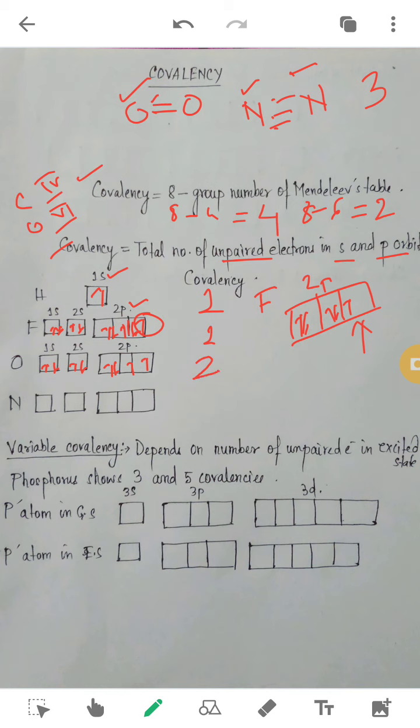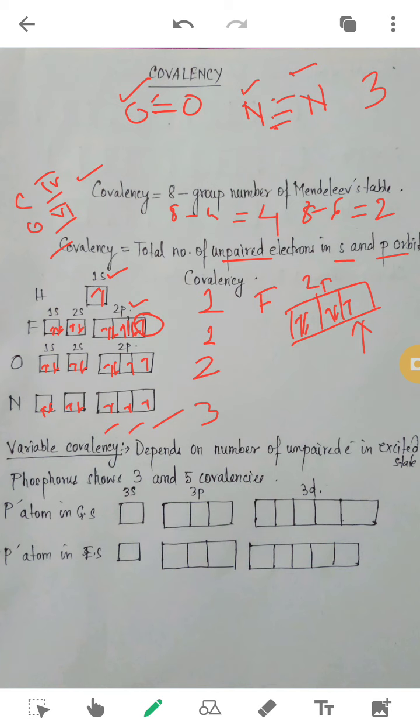For nitrogen, it's 7 electrons, so here 2, then 4 done, 3 left. First you have to fill singly because all the p orbitals, px, py and pz, have the same energy. So you have to first singly fill the electrons. So you have a covalency of 3, as you have 3 unpaired electrons here.